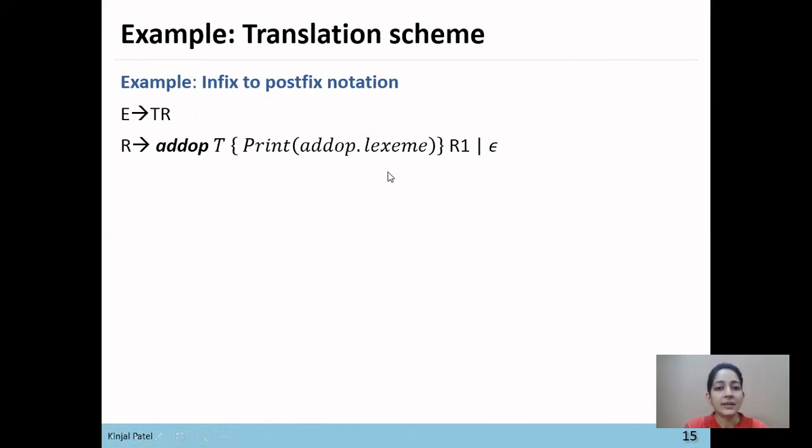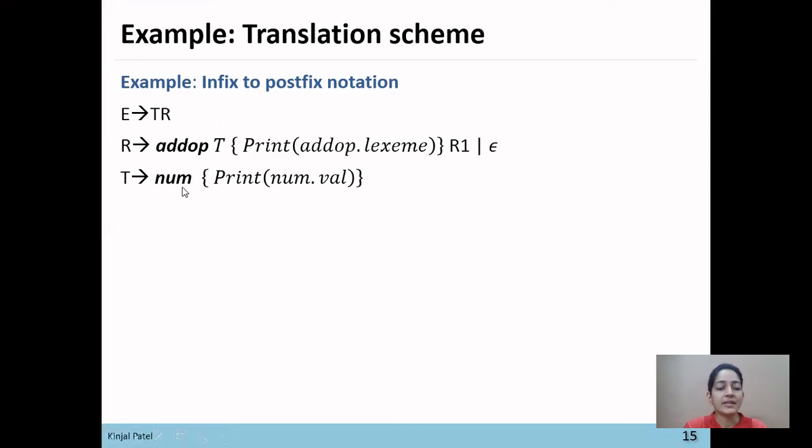Here the curly braces represent the translation scheme, meaning the semantic rules enclosed in these curly braces will be executed. Print add operator dot lexeme: here add operator is the reference to that operator, and in these curly braces this operator will get printed. Then R1 or null, or T derives number.